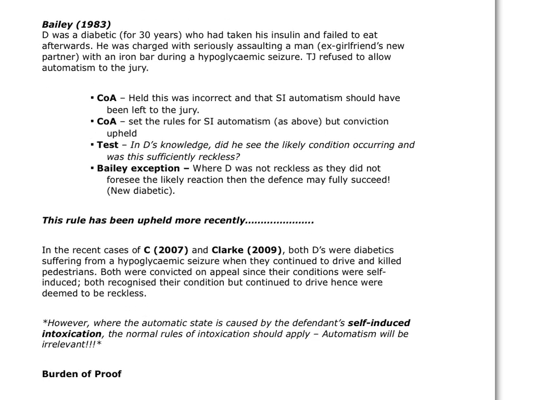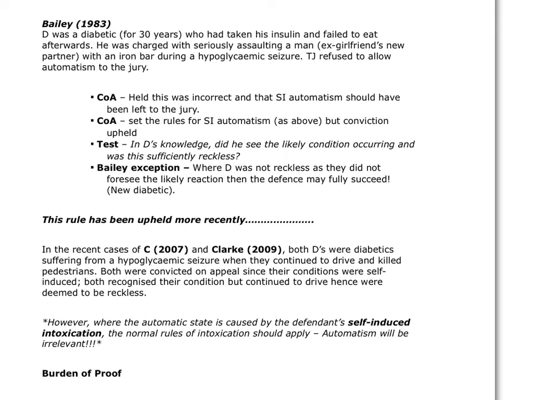So the case which governs the section above is a case we've seen before. It's on the intoxication handout, which is the case of Bailey, 1983. This was a diabetic of 30 years, so he exactly knew his condition and what he could and should eat. Having taken his insulin, he failed to eat sufficient. He did have some water and some sugar, but failed to eat sufficiently,